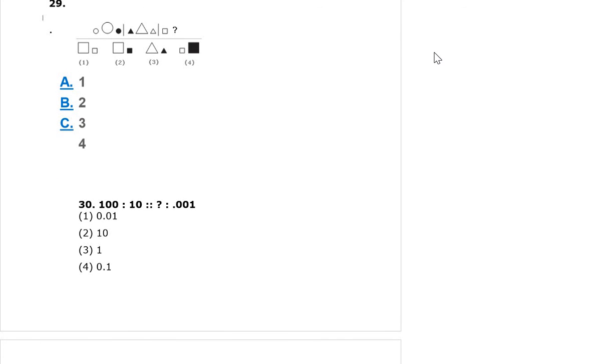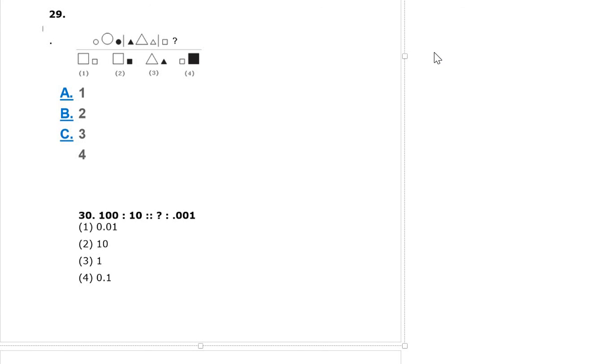29. Some figures are given. What will be the next one? Okay. So here circles are used. Here triangles are used. The third is square. Square, only these 2. So these 2. 1, 2, 3. This is not in the options. So it may be these 3. Okay. What is the order they are using? First the dark circle is in the right corner, then the left corner, so the third will be in the right corner. Okay, right corner. This is correct. Answer B is correct.